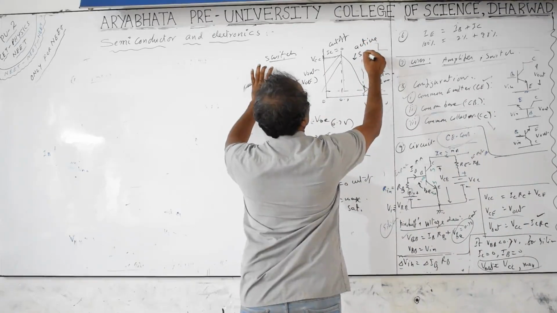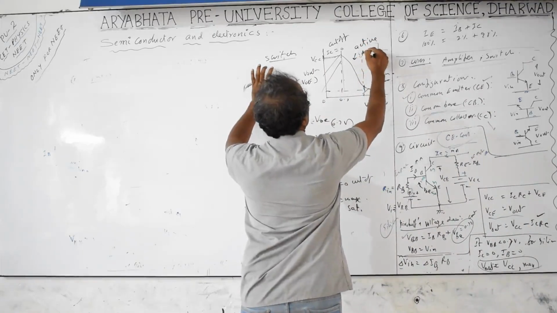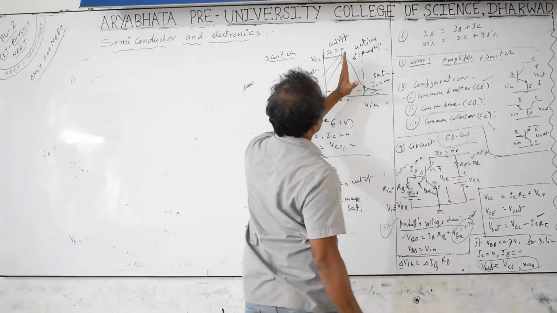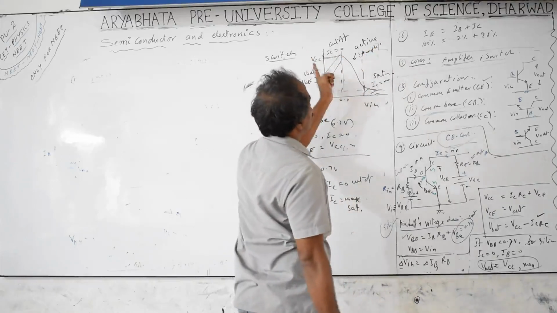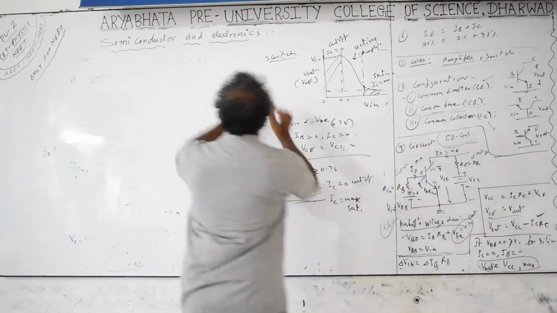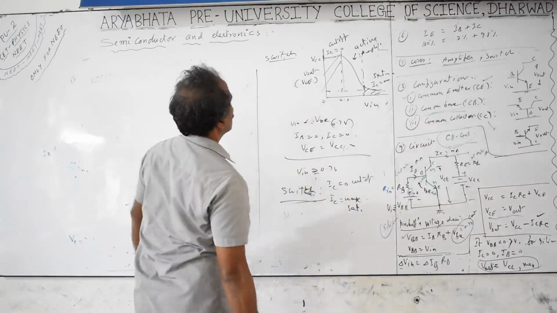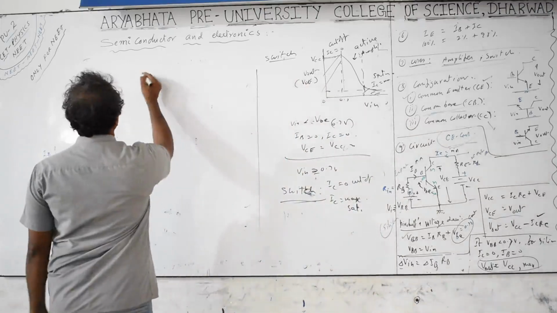This active region is used for amplifiers, and other than the active region is used for switching purposes, with the transistor acting as a switch. Next, for amplifier purposes, how do we use this? If you are using this for an amplifier circuit,